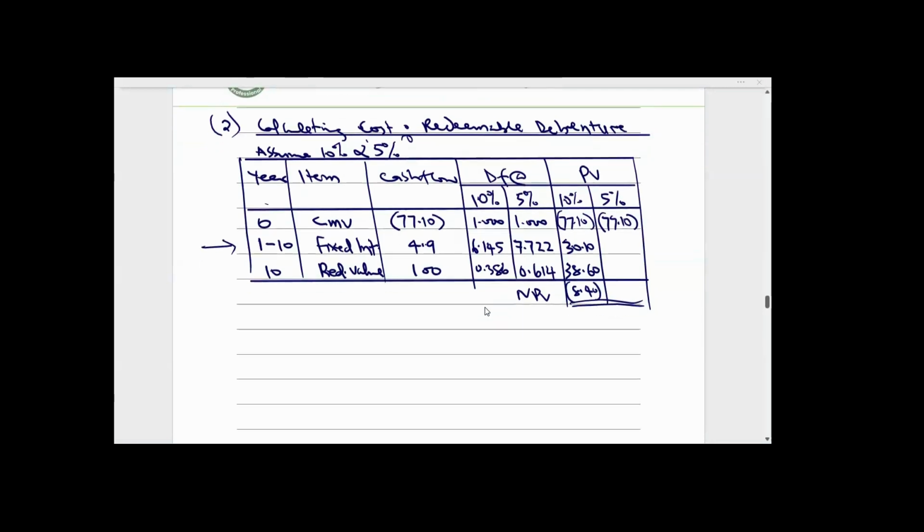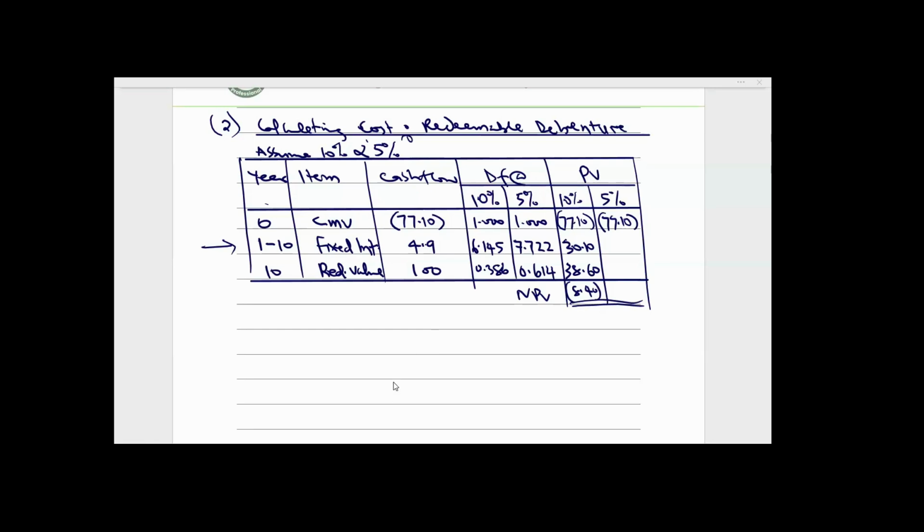Like I said, once you assume the first discount rate, for example 15%, to calculate NPV, and that discount rate gives you a negative NPV, you reduce it to get a positive. If the first discount rate you assume gives you a positive NPV, you increase it to get a negative. That's all you need to do. All right? Thank you, sir.